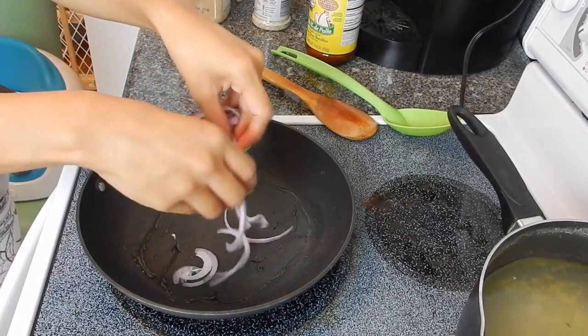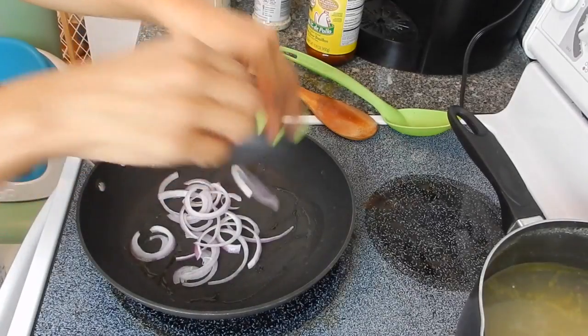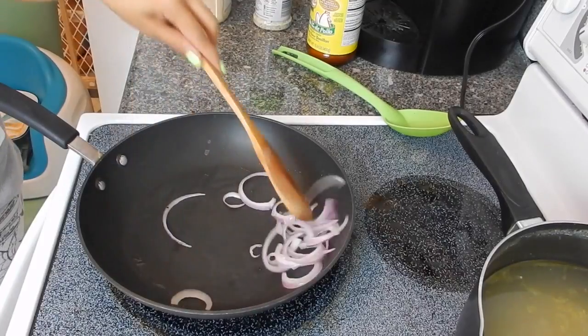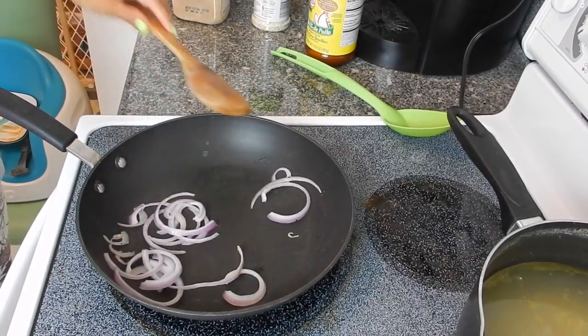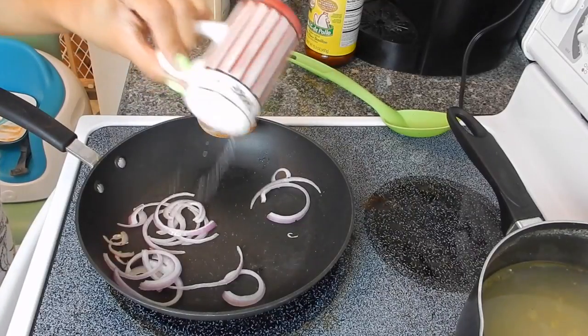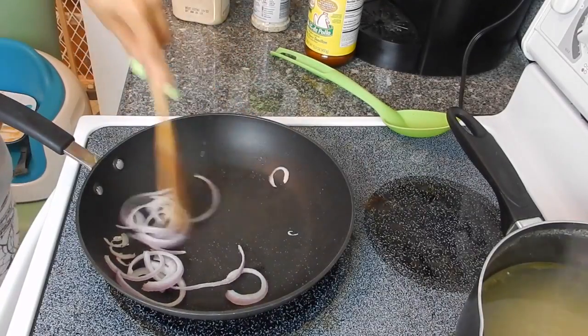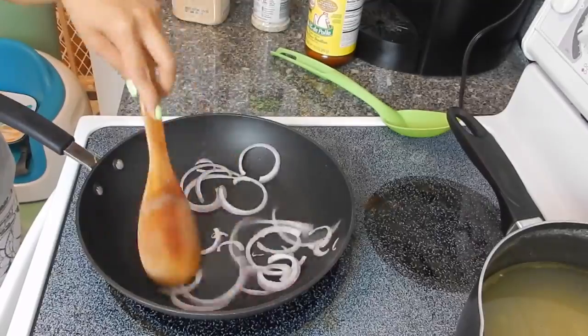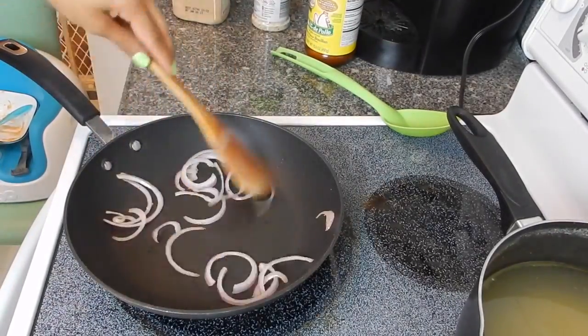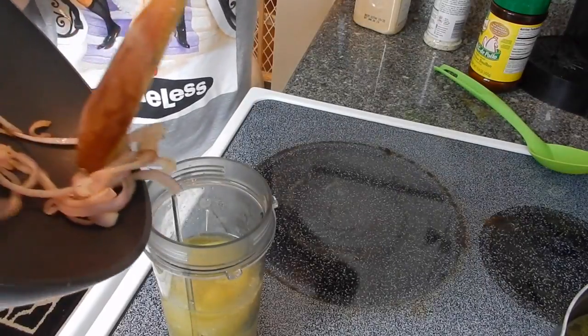Okay, so I'm just going to grill up these onions. The pan's already hot. Apparently all we're doing is softening them up. So our best friend to soften up onions is salt because it draws out the moisture. Just gonna go ahead and add these to